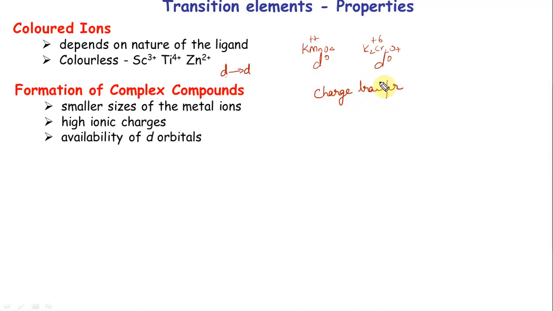You want to remember the name, charge transfer from oxygen atoms. Charge transfer from oxygen atoms can give you color. There are three ways you can get color. One is d-d transition, one is charge transfer. The third one is HOMO-LUMO transfer. HOMO-LUMO transfer is MO theory, so let's not confuse it over here. At least for these two elements, you need to know it is because of charge transfer.